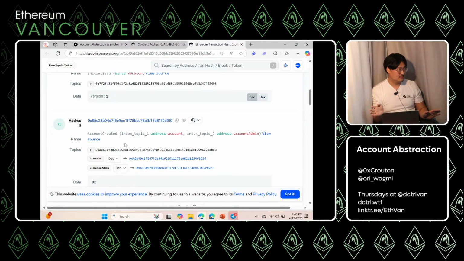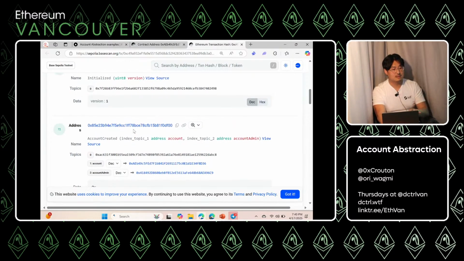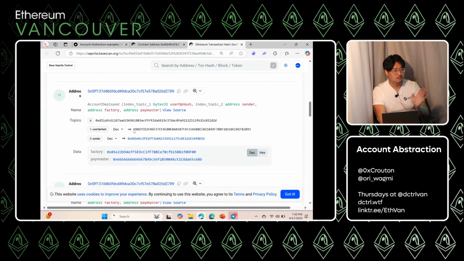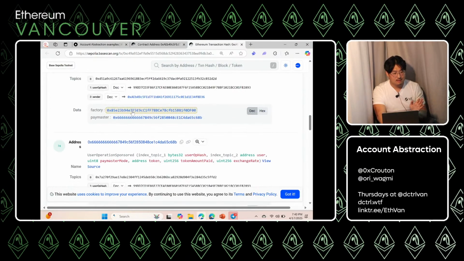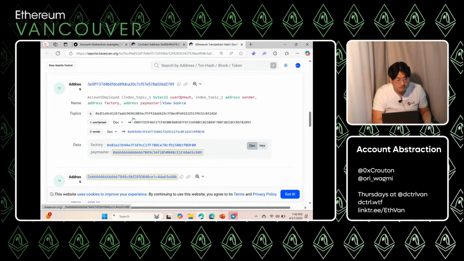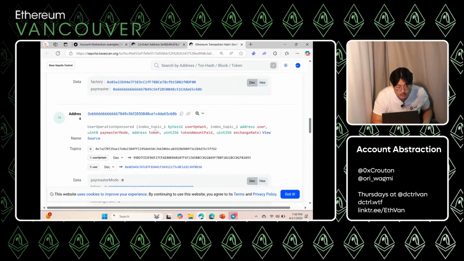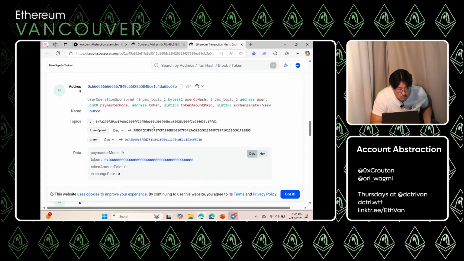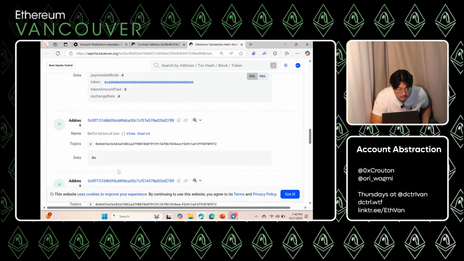So now I didn't have an account, I didn't have anything, I didn't have any on-chain experience. I signed into Google, created a user op, and the entry point smart contract was able to create me a smart account, a default one, very small account deployed, great. Then, let's see, user operations sponsored. So token 0, I guess this is ETH, didn't pay for anything.